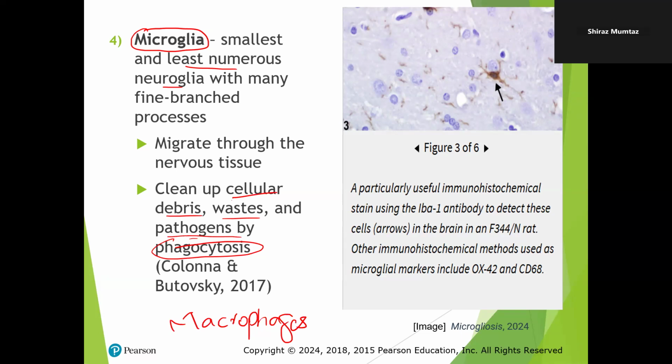As we discussed, there is a very small amount of this neuroglial cell because we have a strong barrier, so no infection can cross from the general circulation and pass through the